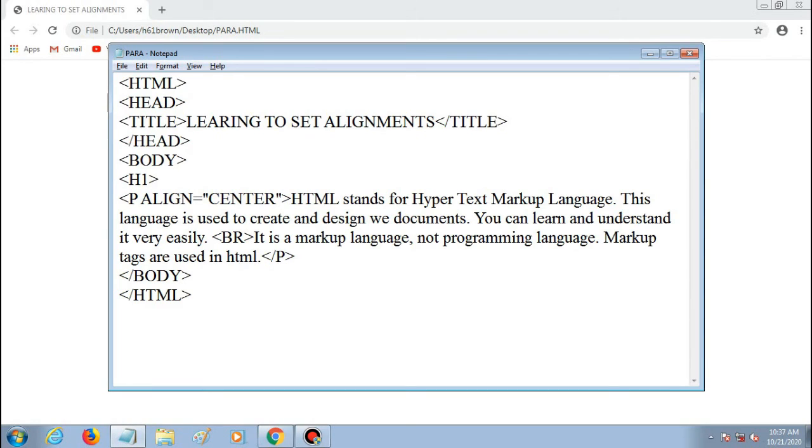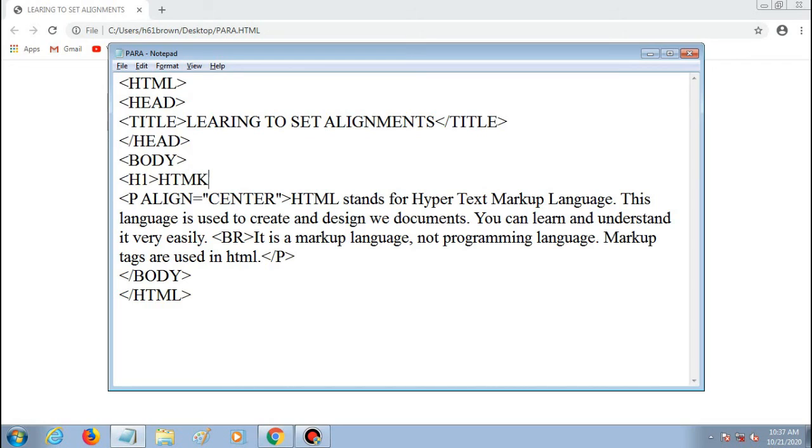Okay, so h1 heading is used to give the largest heading and h6 is used to give the smallest heading. So here I am giving a heading, my para, or you can give